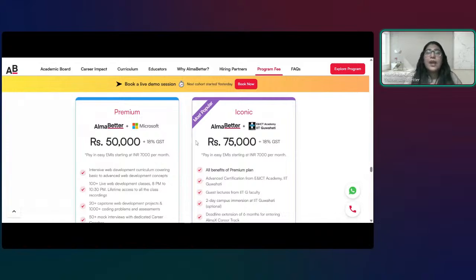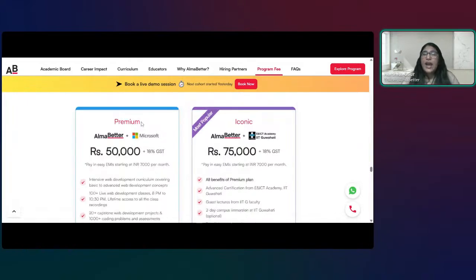Iconic is affiliated with the IIT program, which is affiliated with ENICT Academy. We are certifying you from IIT Guwahati here. You will get a certification in full stack web development from IIT, from their academy, ENICT Academy. Plus you will also get the Alma Better certification in full stack web development.